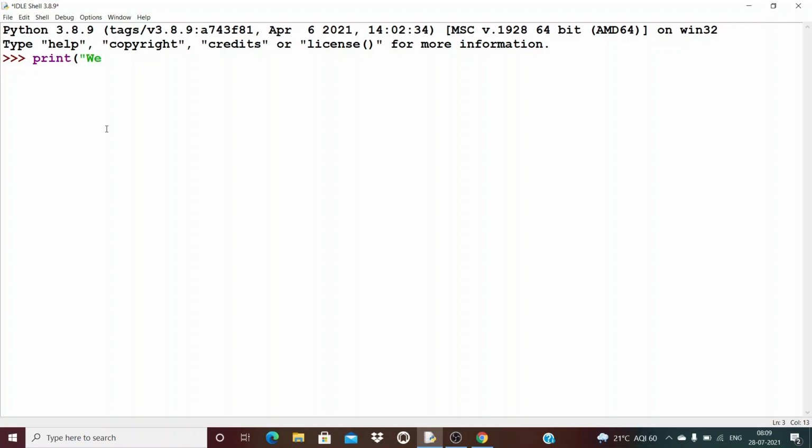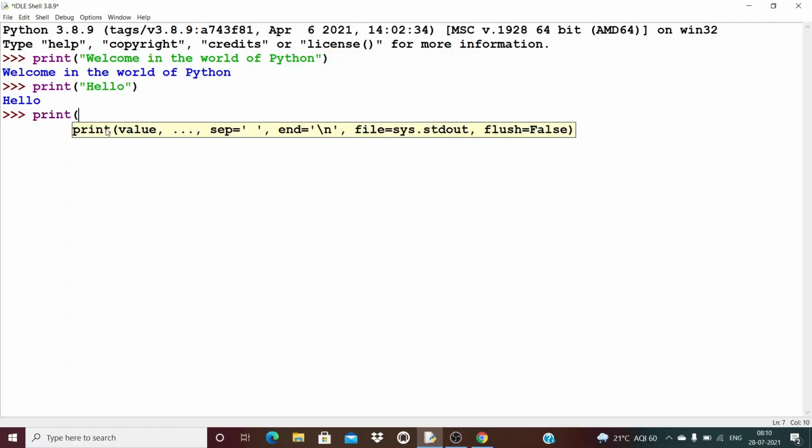Like if I write here some statement, like welcome to the world of Python, suppose this is the statement I have written. See, it is coming as it is. What is important is the print statement which you write here. Print means it will print the result exactly the way you write it.